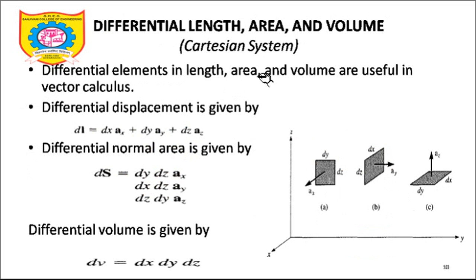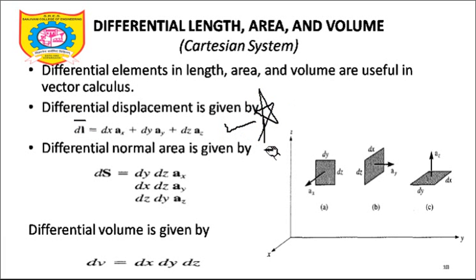Now, differential length, area and volume. How to remember whether a surface is a vector quantity or not, we will discuss right now. Remember two points. A point is a vector, a line is a vector, a surface is a vector if you represent it so, but volume is a scalar entity. Now, to represent this in terms of vectors, let's understand this single formula. If you just remember this single formula, the other formulas are just corollaries of it.